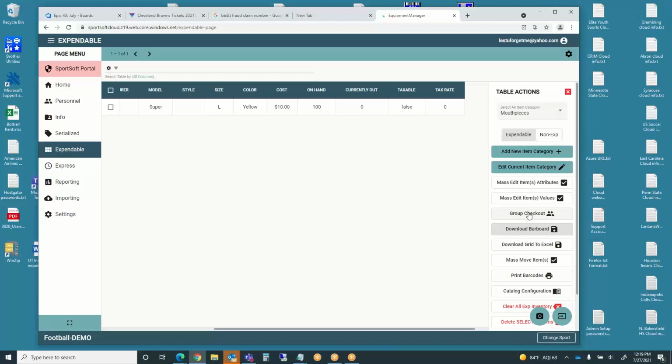That gives you the capability of creating the group of items you want to check out from your expendable and non-expendable items, as well as the players or staff you're going to give them to, and with one click it checks that out. It will also see if it's something done by sizes, like the T-shirts example. It can look at the T-shirt size you've assigned to all the individuals that you want to do the group